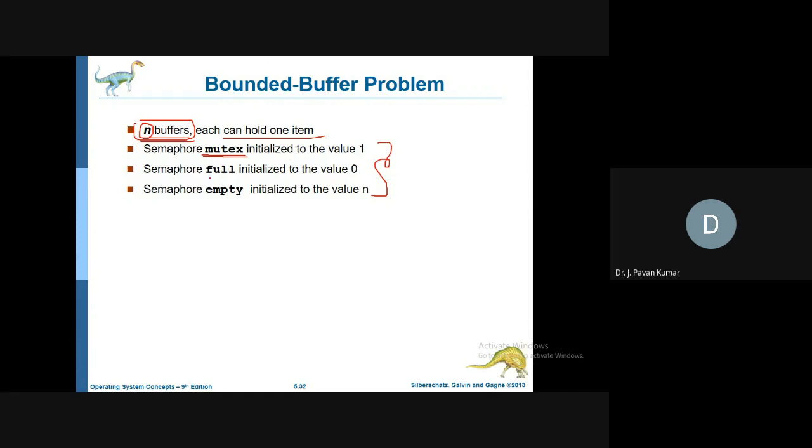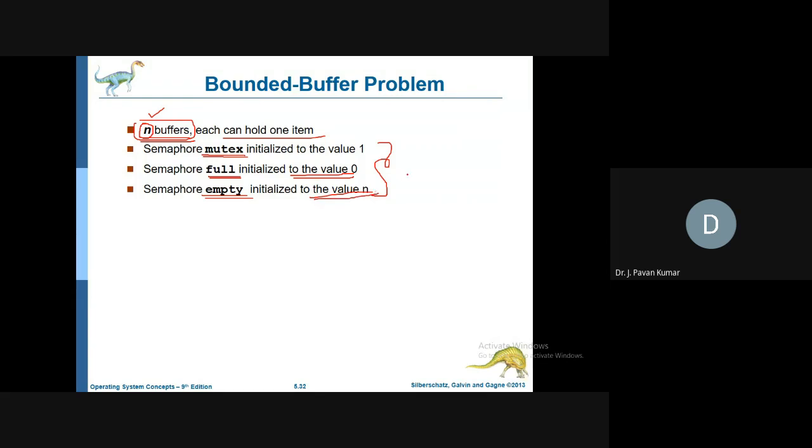Next, full is another semaphore which is used to maintain how many of the n buffers are filled. Initially no buffer will be filled, so initially the value of this semaphore will be 0. Next, empty is to indicate how many buffers are empty. Initially all buffers are empty, that's why it is initialized with the value n.